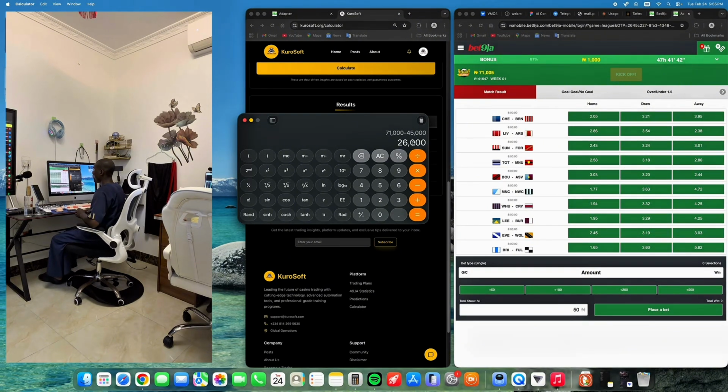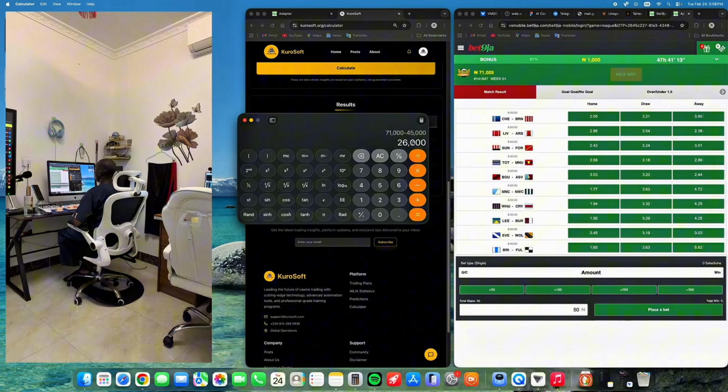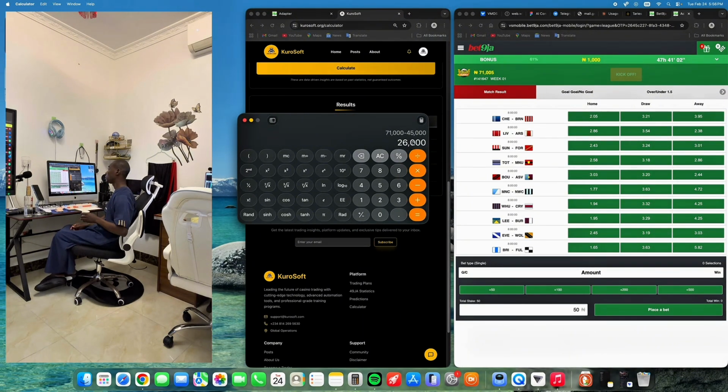Okay, it all depends on two factors. One, your capital. Two, your approach. So how you are approaching the game matters. I'm not actually encouraging you to aim at making 100,000 from a single win or from a single league. You can build it carefully, but I'm just letting you know that there are actually no limits to the possibilities of how much you can make. So when it comes to saying how much you can make, there is no limit to it. So that's the beauty of casino.